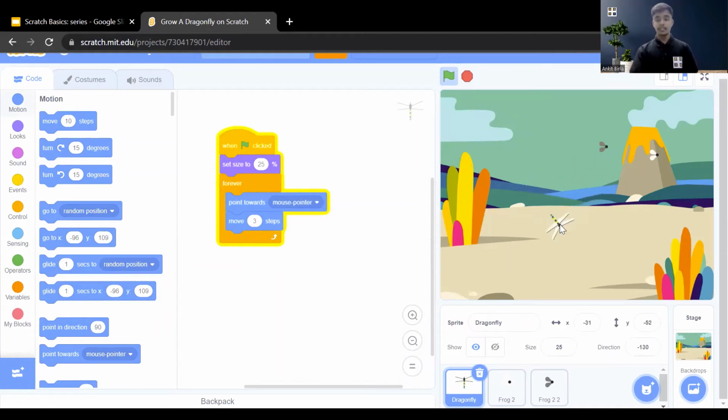As you are able to see, that glitch is the second problem. The first problem is we are able to control the Dragonfly with the help of the mouse pointer, but its mouth is not pointing towards the mouse pointer. So first of all, stop this, go to the costume section,